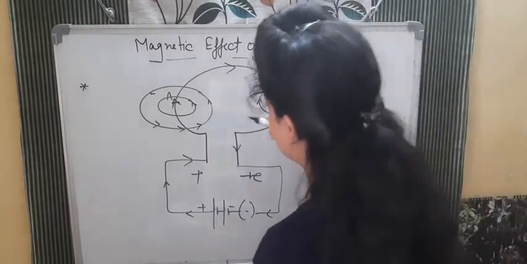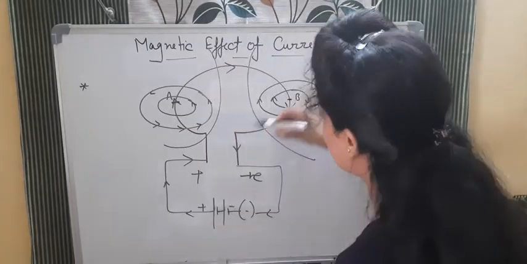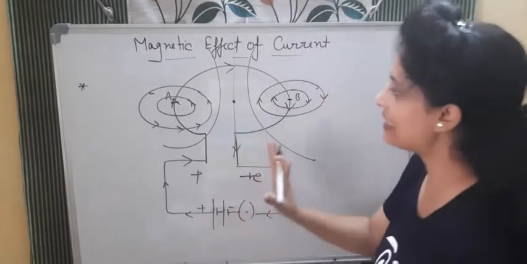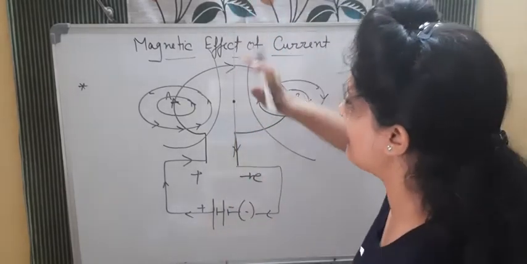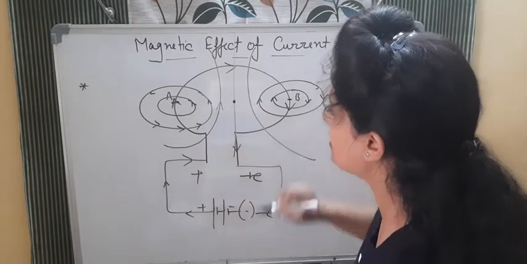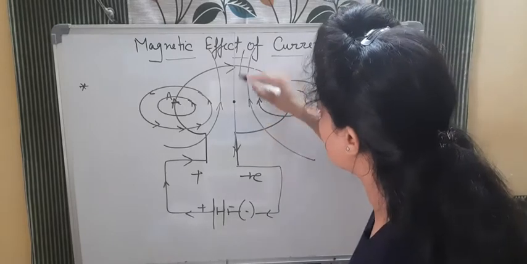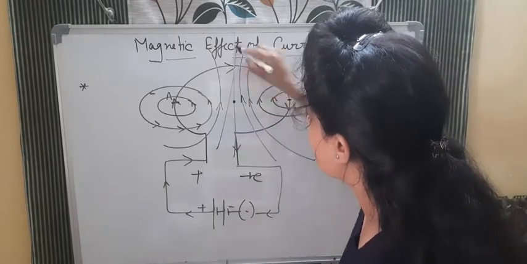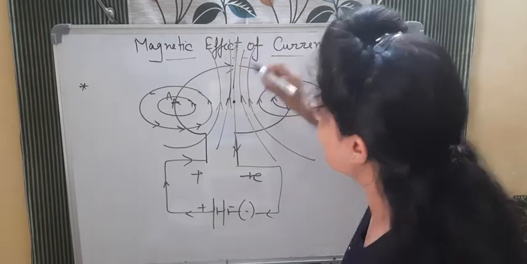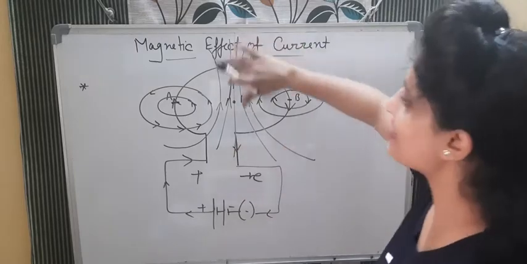And after some time, when we come near the center, what we will observe at the center of the loop is that it will be nearly a straight line going in one direction. See, when the magnetic field lines are coming from this side, they are going in this direction. When the magnetic lines are coming from this side, they are going in this direction. So finally, they will never intersect. Finally, when we see them at the center, all the magnetic field lines are going in the same direction.